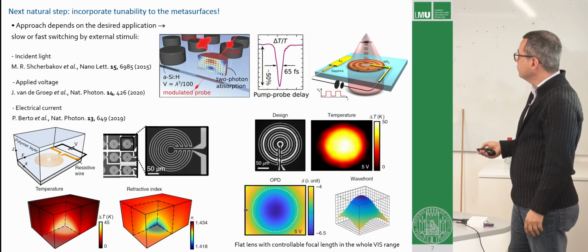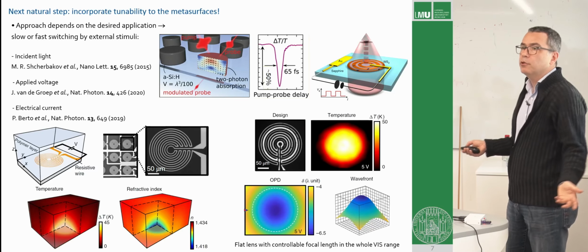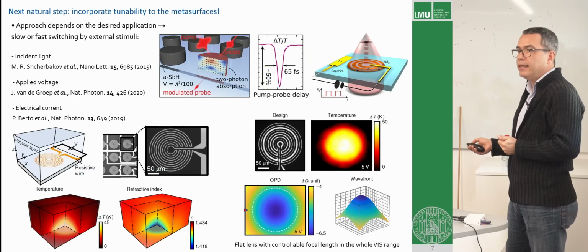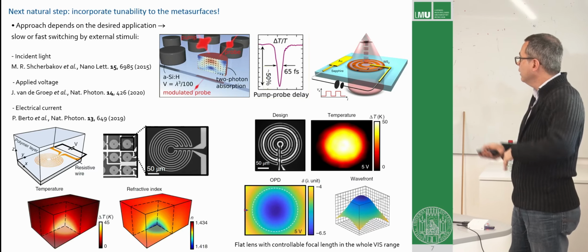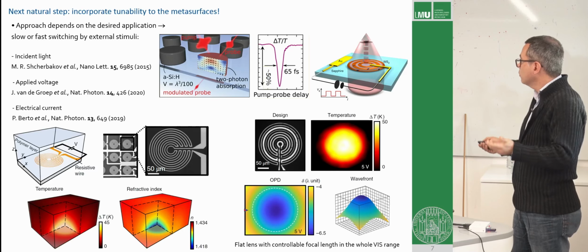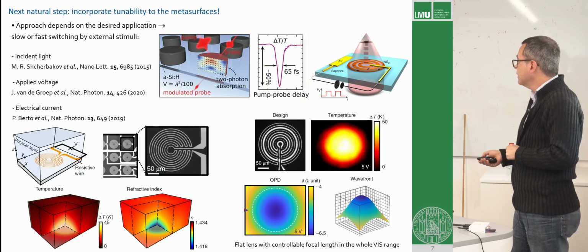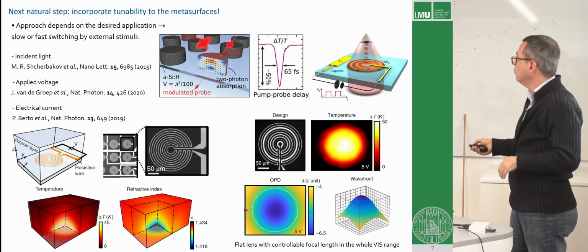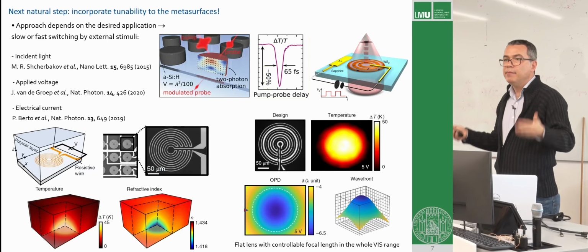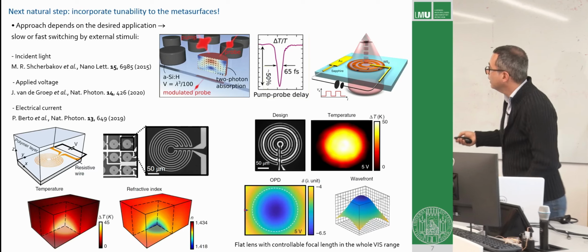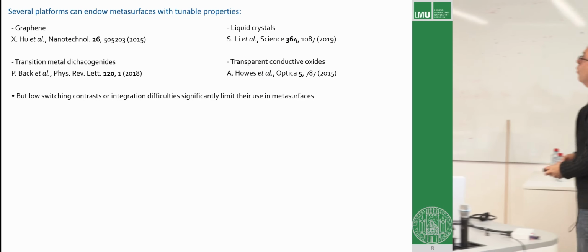You can, for example, shape this wavefront like this. This means that you're producing a convergent lens, right? You could also generate other kinds of behaviors for the wavefront. So you can control the wavefront at will, and for example, you can easily control the focal length of this kind of material. So it's a lens with dynamically controllable focal length, right? And everything also in a flat world. Okay,